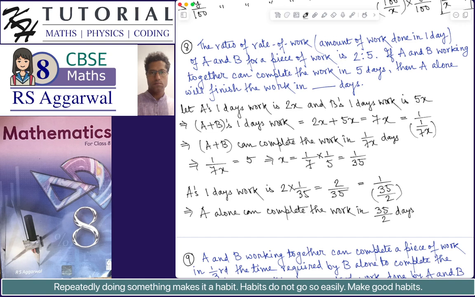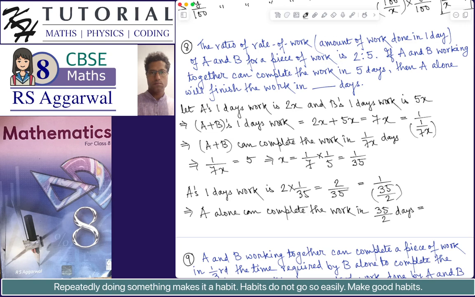So applying that second rule, in this problem A's 1 day's work is 1 by 35 by 2. So A alone will complete the work in 35 by 2 days,